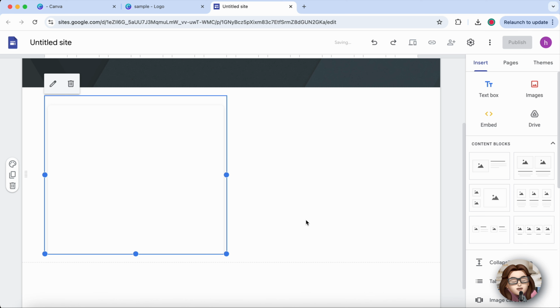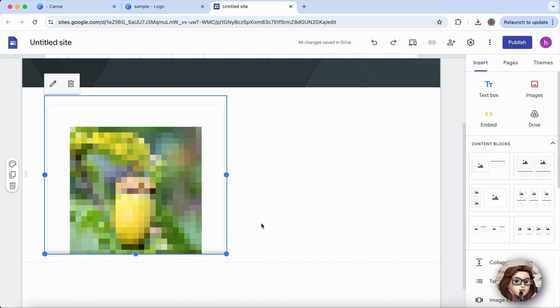And that's it. Your Canva design is now beautifully embedded into your Google site, ready to be shared with the